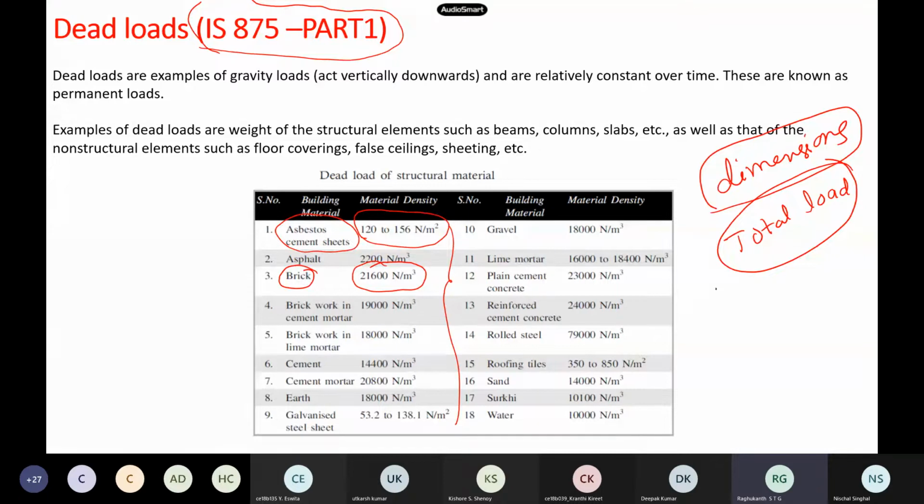What is the design about? Design is essentially obtaining the dimensions. How will you obtain the dimensions? For example, if you are designing a tension member, as I already told, sigma is P by A. Now P contains your dead load also. So in the starting, you have to assume some dead load.